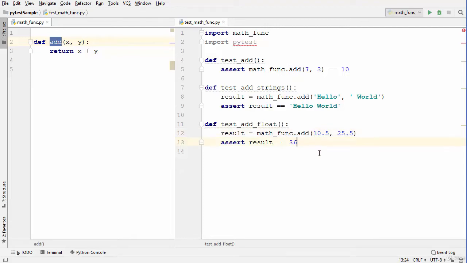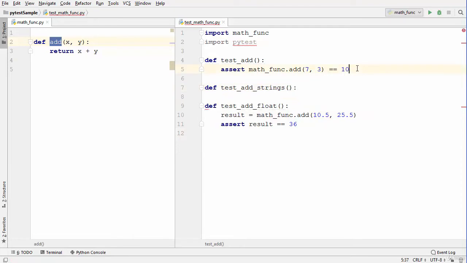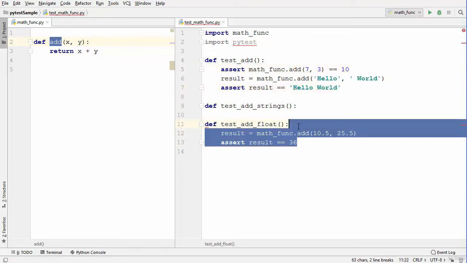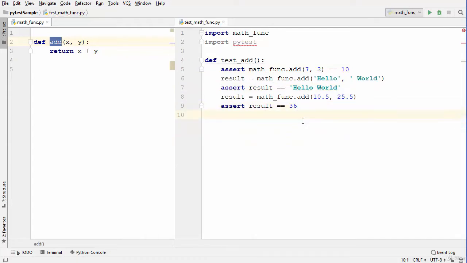Now one thing which you will notice here is I'm using the same add function 3 times in all these three tests. And there has to be a better way in which we just need to call this add function only once. Now you can say that why we need three functions. I can just write 3 asserts into the same function, and I can just remove these two other test functions. This is okay, but still I have to call this add function 3 times